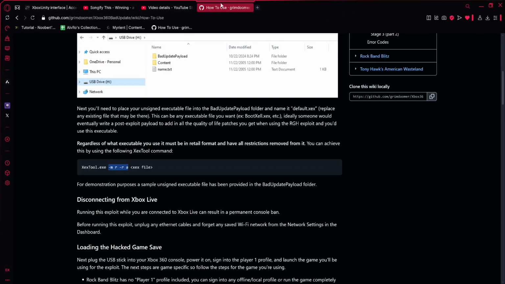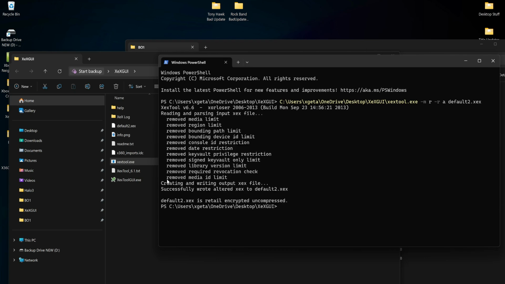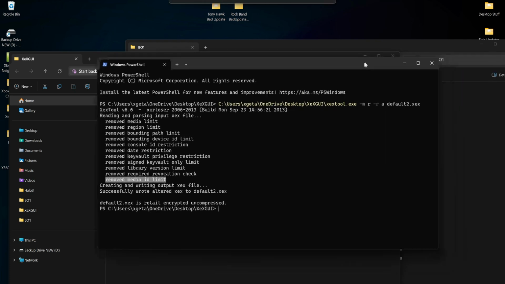Then just like before with the Halo 3 example, we're just going to run this command line argument from Grimdimmer's how-to guide. And I'm going to type default2.xex, run it through. And as you can see, you don't want to do this because it removes your media ID. Now, I would not recommend using this command line argument because it does remove this media ID limit check,